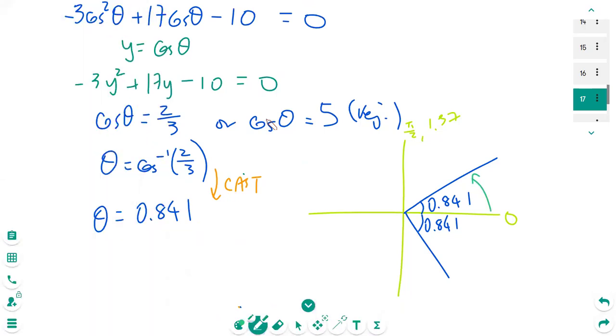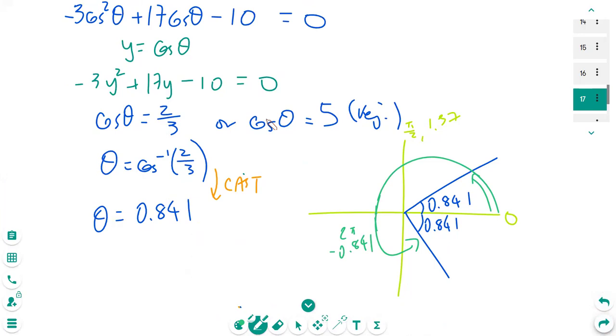Well, we know that's 0.841. What about this reflex angle? Well, this reflex angle is the same as 2 pi minus 0.841. Or 360 degrees, think about that. It's similar. So 2 pi minus